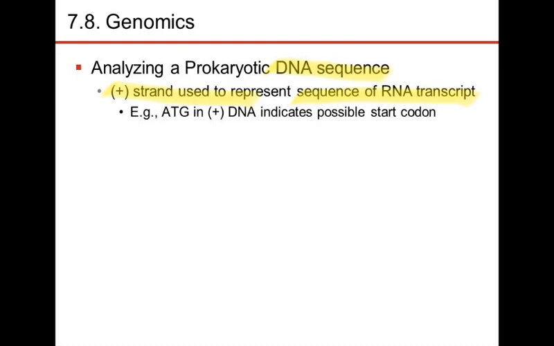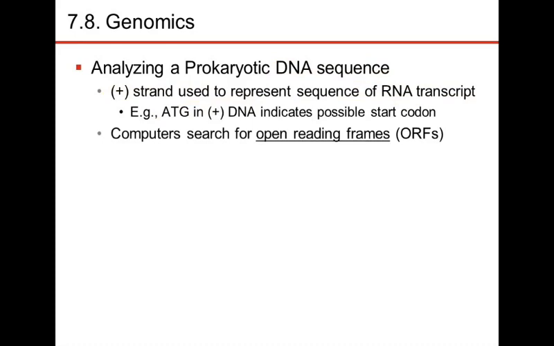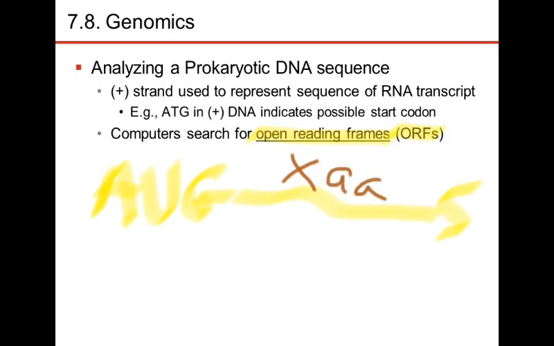And so in the DNA there's going to be an ATG that we're going to see, and that can be transcribed into an AUG, a start codon. And you begin looking for these ORFs, or open reading frames, and that's what you're looking for: a place where there's an AUG, or ATG if you're looking on the chromosome, and then some stop codon down at the end. And then you've got X number of nucleotides, or X number of amino acids coded for in between those start and stop codons. That's a definition of an open reading frame.